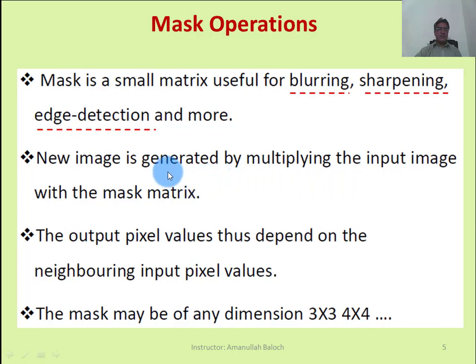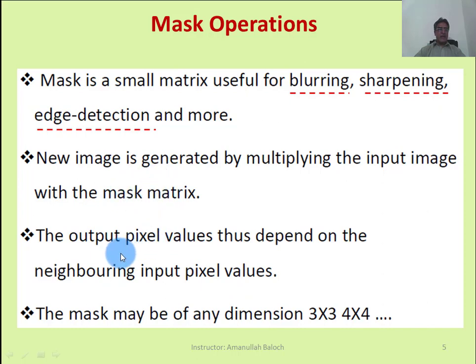It moves one by one over the pixels of the input image and transforms them into enhanced pixel values by using the mask matrix. The output pixel values thus depend on neighboring input pixel values, because the mask is a 3x3, 4x4 or 5x5